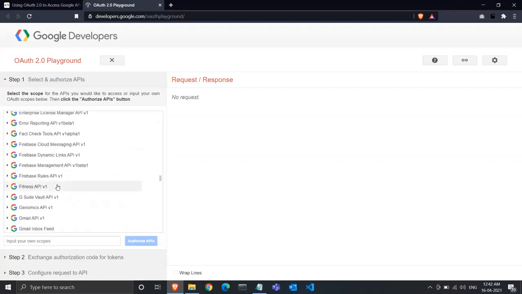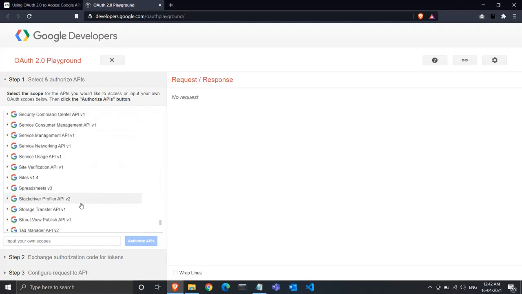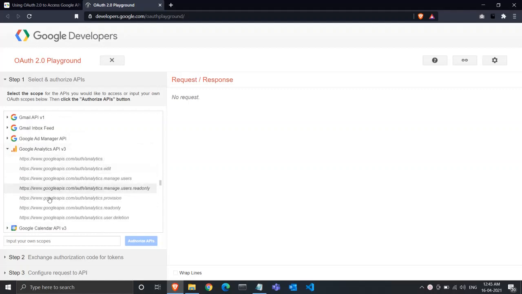In these endpoints, you'll get the data that you are looking for, and in this tutorial, I'll go with Google Analytics API, Google Analytics v3. So these are the different scopes within Google Analytics API, and you can use any one of these or a combination of these scopes for your purposes.